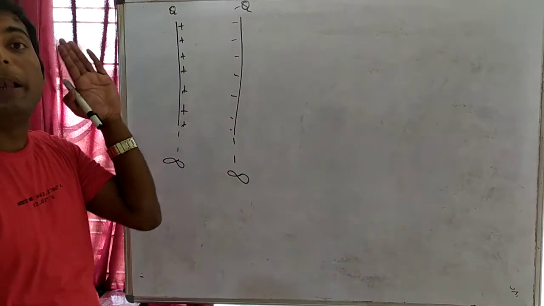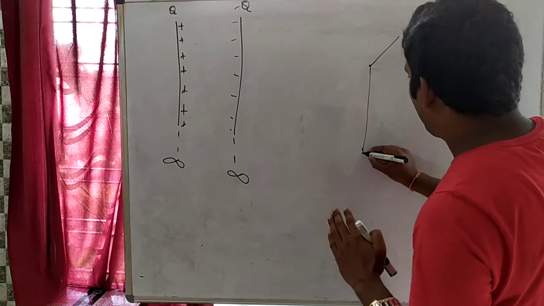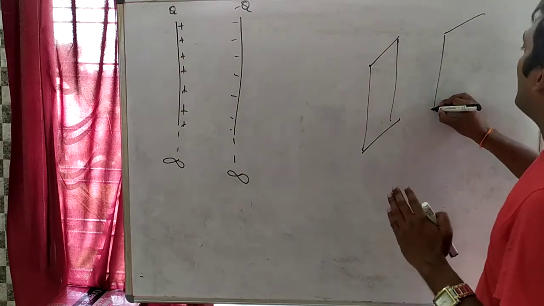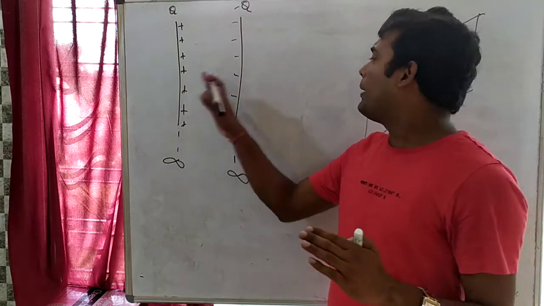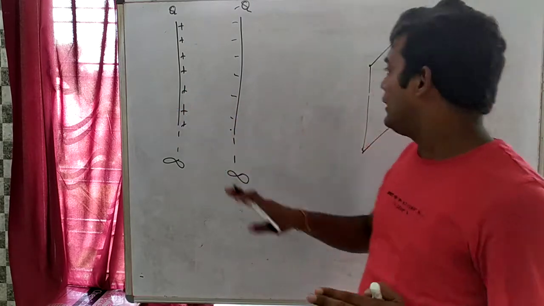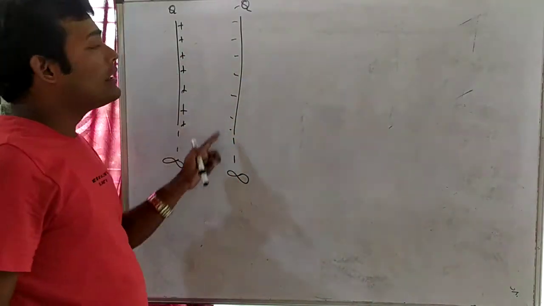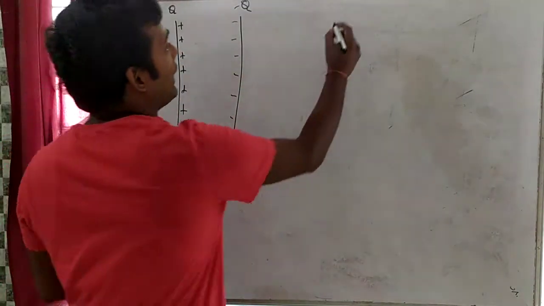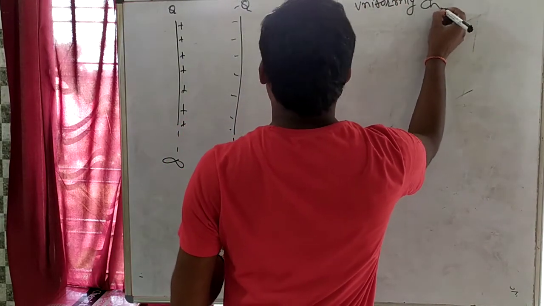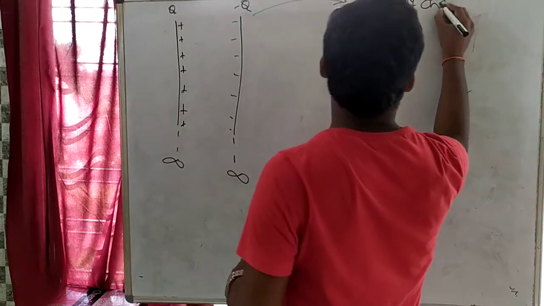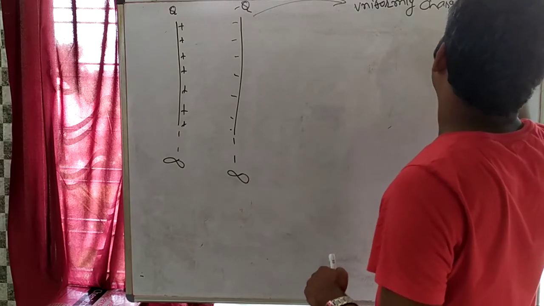This is a plate. Plate means you are understanding. Actually, we should make the diagram like this, this is a plate and this is a plate. But I am not making the diagram like that. When I say plate, plate means this, but I will make it like this. Clear? So this is a capacitor and this is an infinite uniformly charged plane. This plate is a uniformly charged infinite plane.